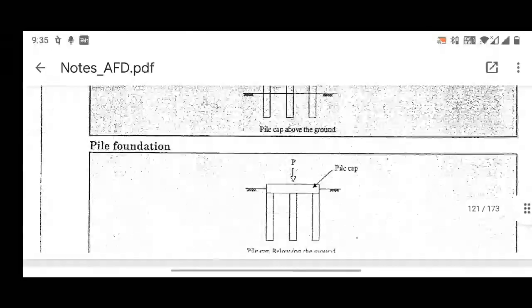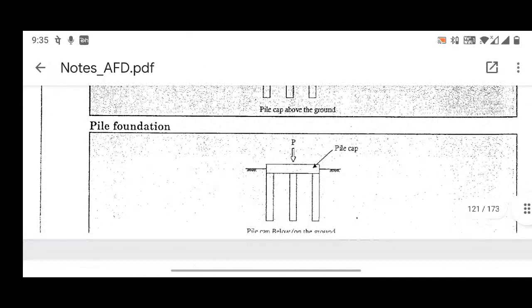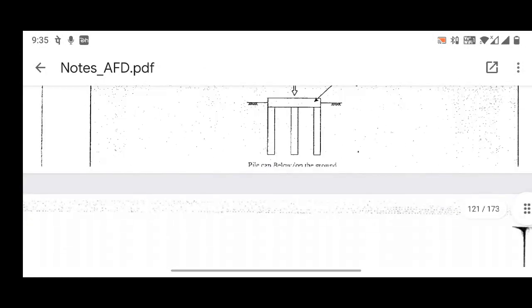You can see an example of a pile foundation. Now this pile cap is laid at ground, so this is not a freestanding pile case. It is like a normal pile foundation case where piles are there, and over the piles we have the pile cap. Now, in case of an expanding soil at the top layer, a freestanding pile group is used.